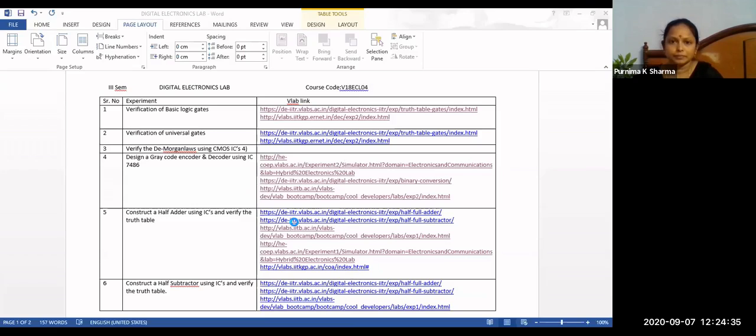See here, you can convert binary into gray code or gray to binary, BCD to XS3, XS3 to BCD. All these things we can perform using this College of Engineering Pune lab.